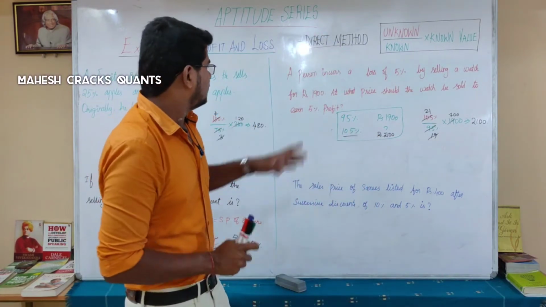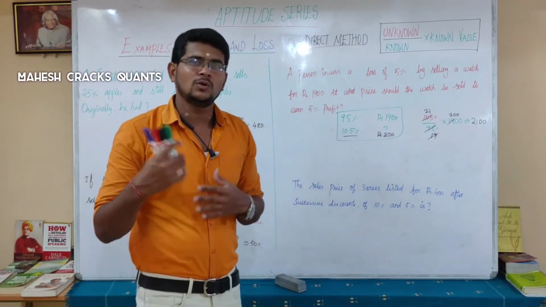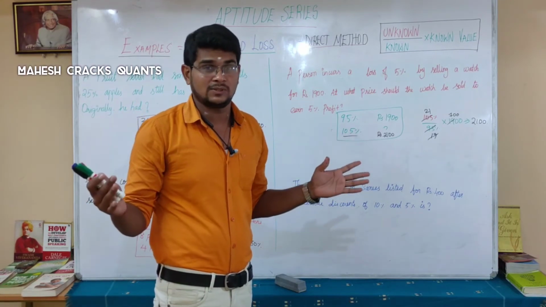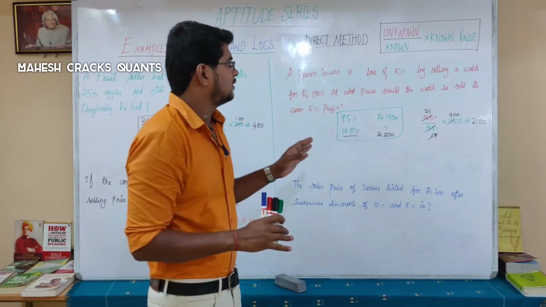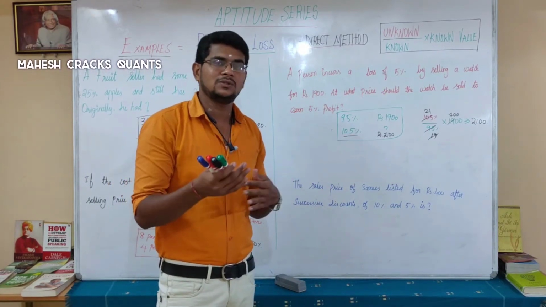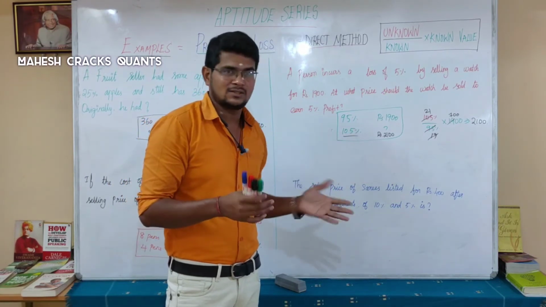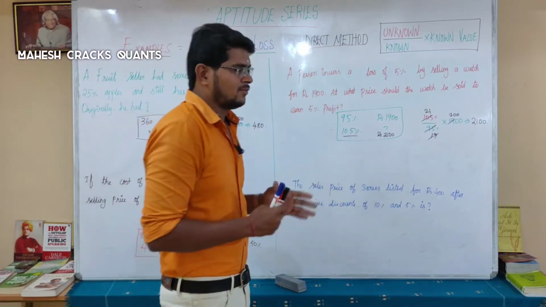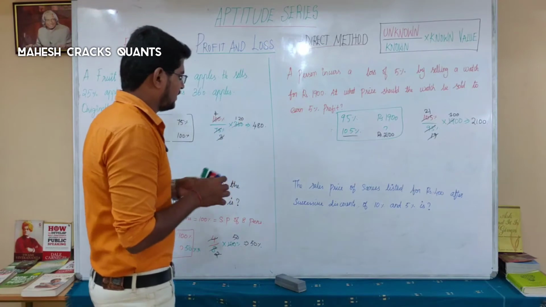That's it. For this sum, if you go by different methods, you will have to solve with 2 or 3 steps. You need 3 steps. First, you have to find the cost price. After that, you have to reduce, increase the 5% and all. You don't need that when you know the unknown formula. Done. Next and final question.